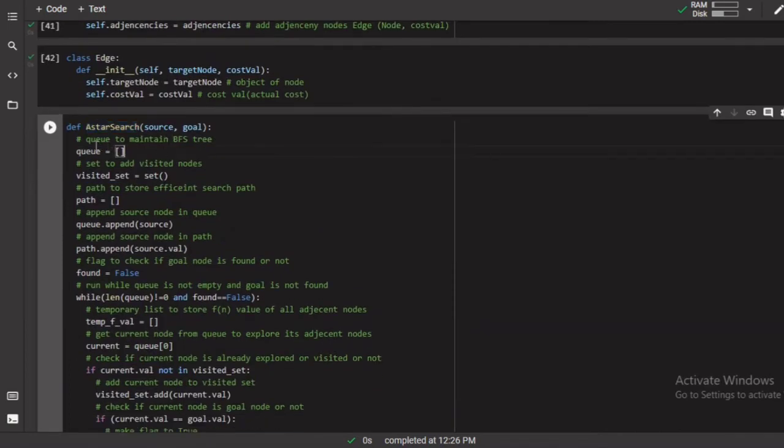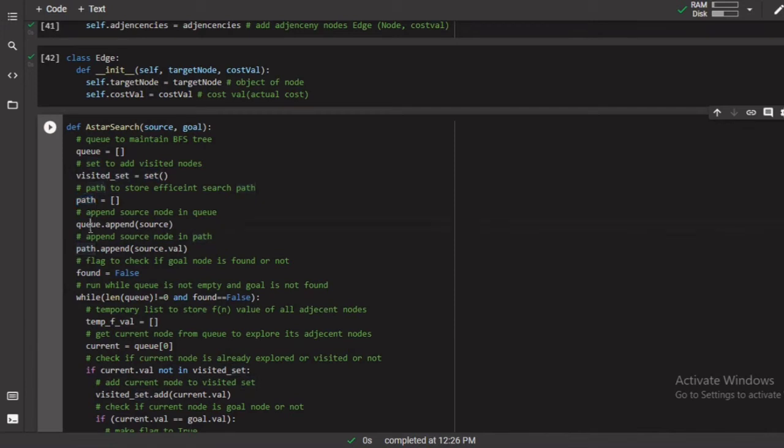First I'm initializing the queue to maintain the BFS tree, because the A star algorithm is indirectly using the logic of the BFS tree only. And then I'm initializing the visited set, which is currently empty, and this will be used to monitor which nodes are visited and which are not. Then here is the list path to store the efficient search path.